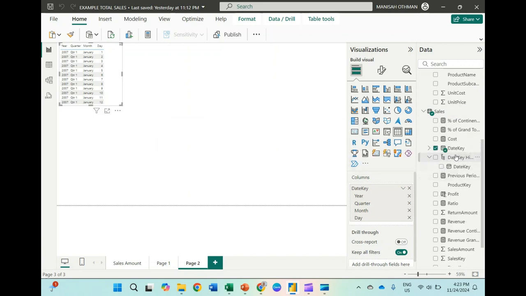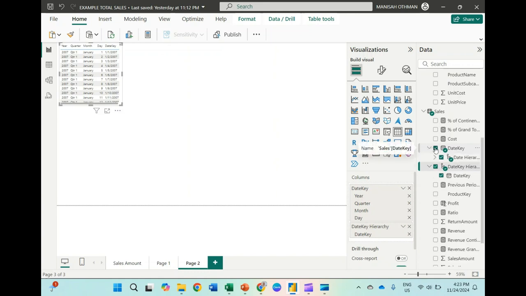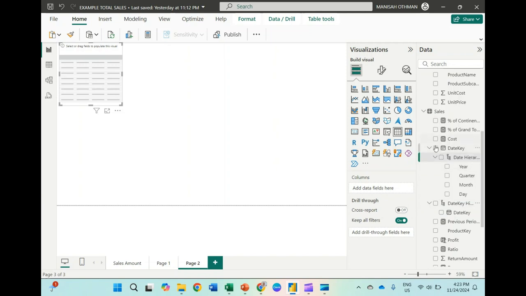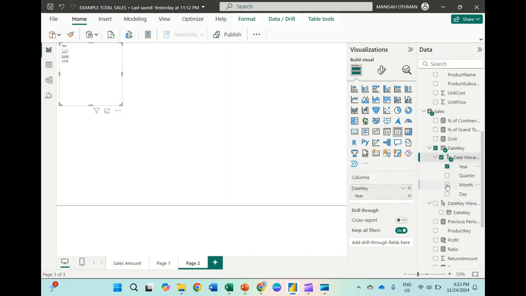So you can see the date hierarchy here. Using this one, we have the hierarchy here. Let's say you want to put year and months, and then previous year, previous period sales.